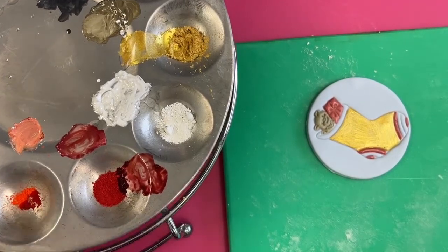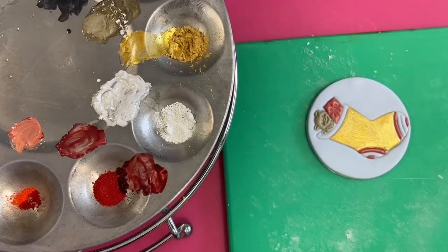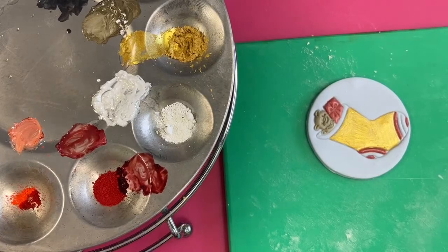I might put some green in. Where's my green? Right. What have we got? Where are my colours? There they are. All still packed from Cake International. That's very handy, isn't it? What have we got here? Let's go for...